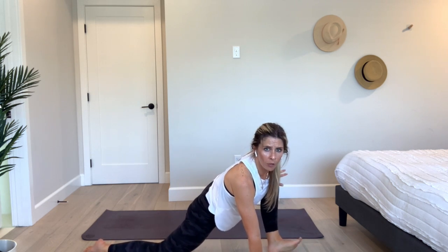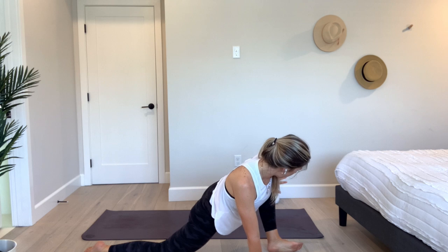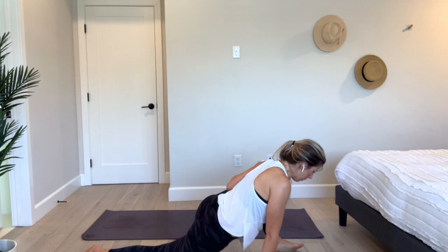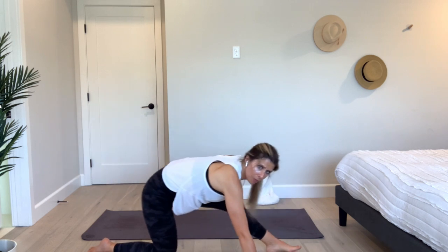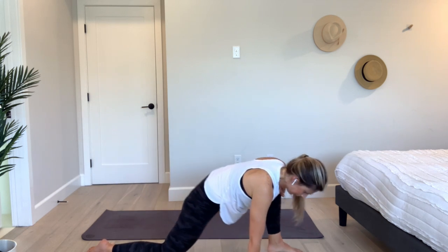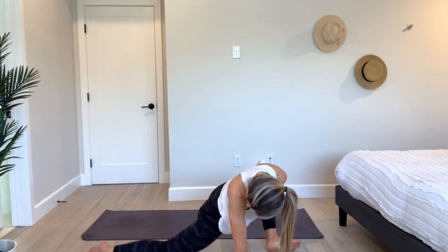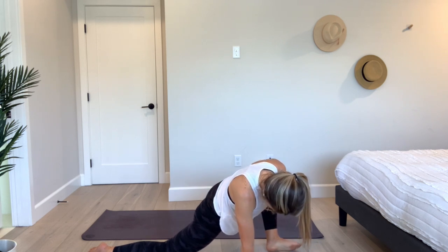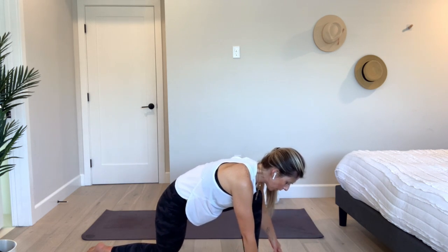You can heel toe your foot off the mat. You can place your left hand on the inside of your knee. Press out. And once again, if shifts, movement of your hips feels good, balancing forward and back feels good, do that. Doesn't have to be a static hold. And when you're satisfied with this, come back onto your hands